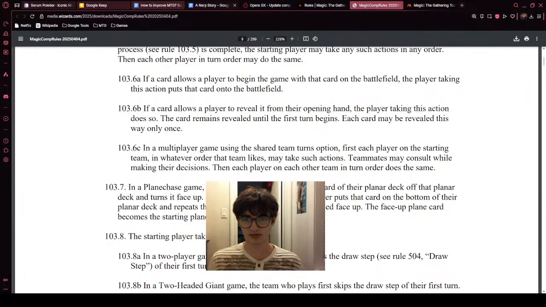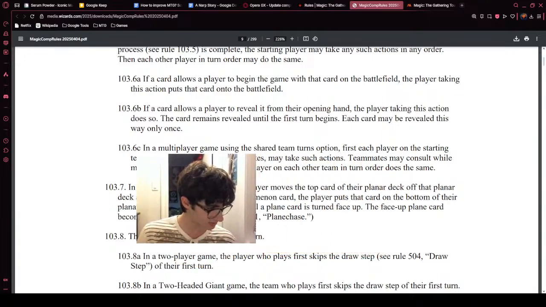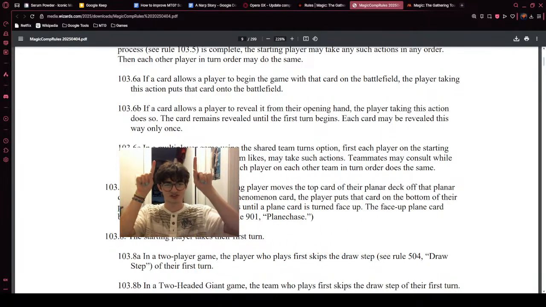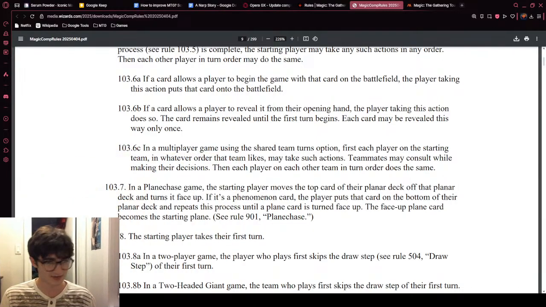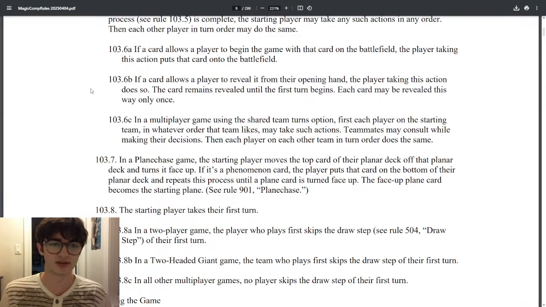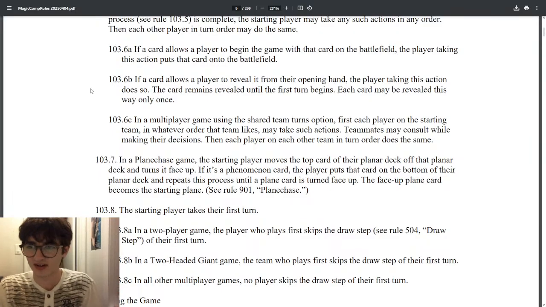Where did I just read this? Oh, 103.6. Such actions. Here we go. These are such actions. Okay, oh, it's full screen again. What am I doing? Is this amateur hour? What's even happening here?